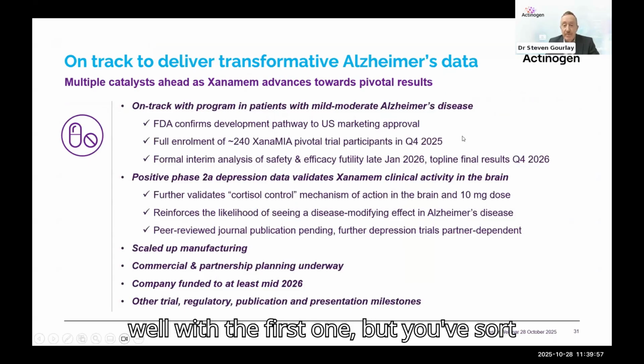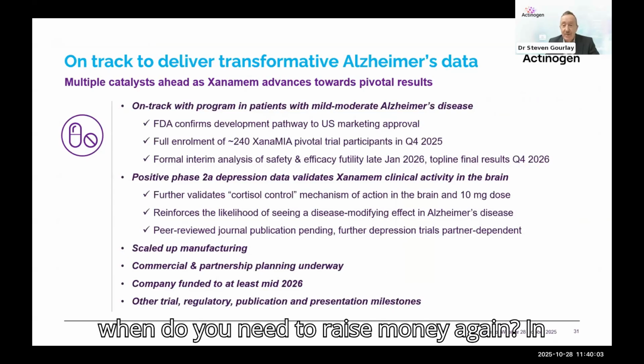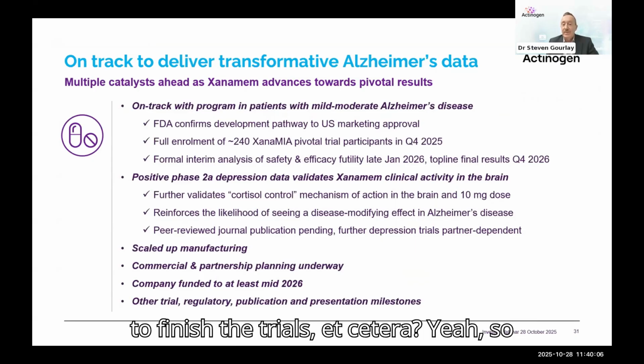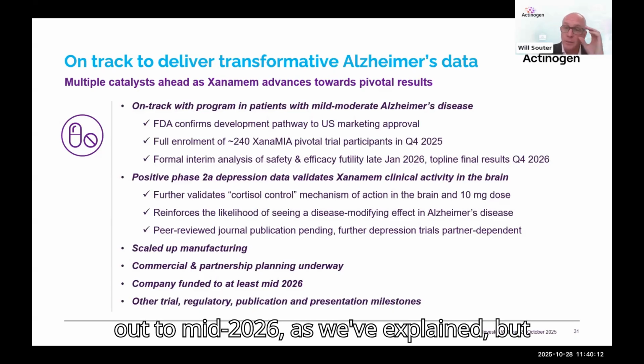I'll start, Will, with the first one, but you've sort of covered it. But Isaac asked, when do you need to raise money again? In other words, when is more cash required to finish the trials, etc.? Yeah, so as I was just describing, we're funded out to mid-2026, as we've explained, but there's a number of